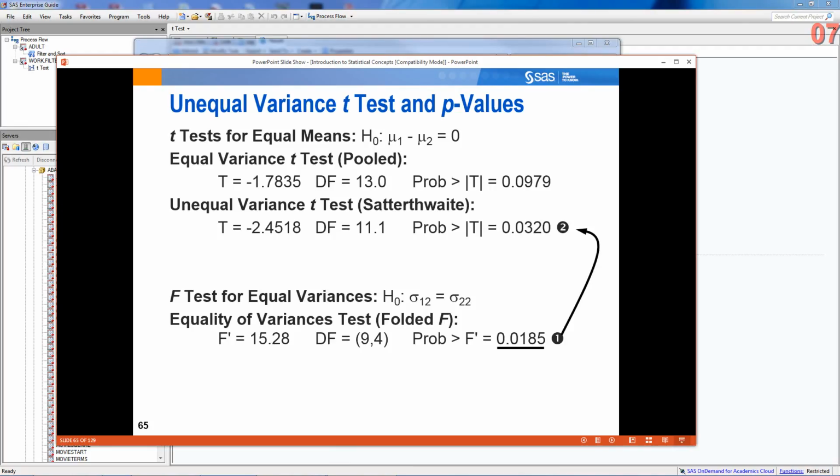Alright, so that is the way we would use SAS results for interpreting the difference between